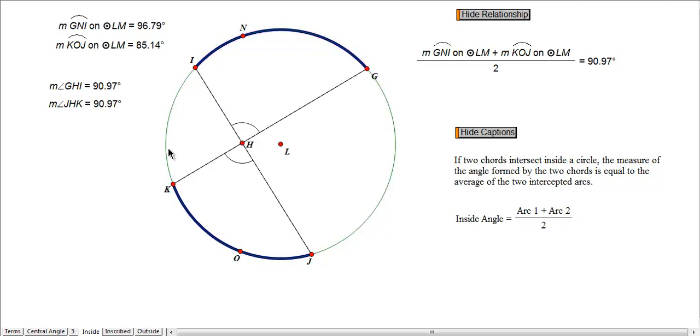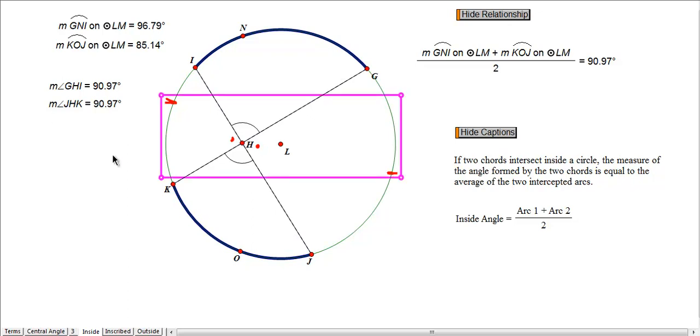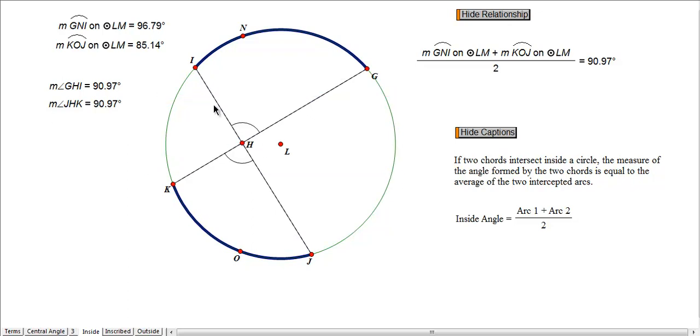Okay, I hope you're noticing this, but you may be saying, well, what about this angle here and here? Well, the same thing would be true. If I measured this arc IK and this arc GJ and found their measures, I could take the average and it would be the same too. In fact, let me do that real quickly just to prove my point. So here's arc IK, and then I measure arc JG,